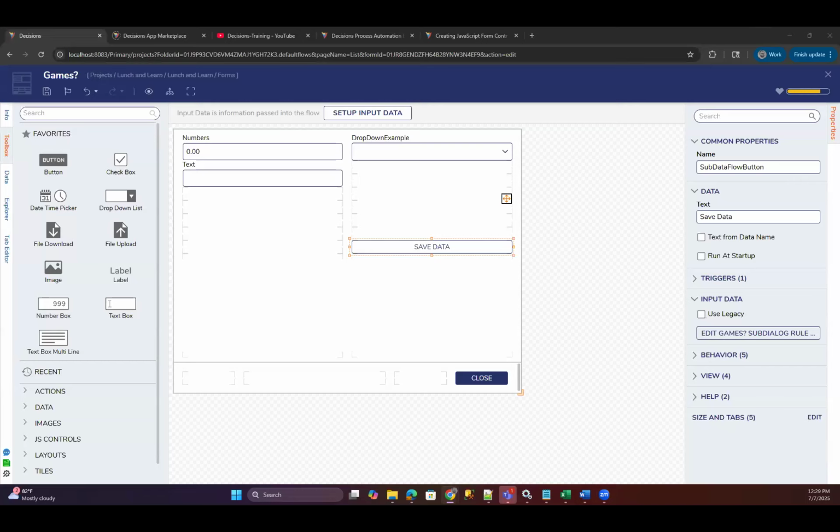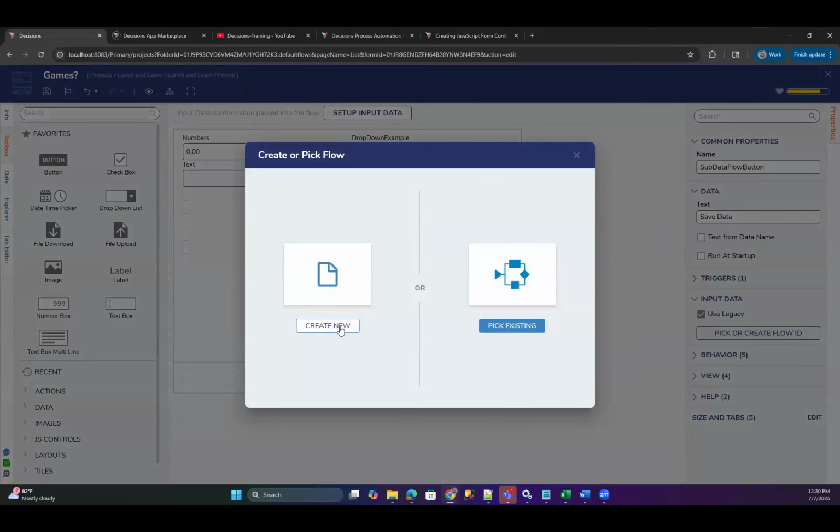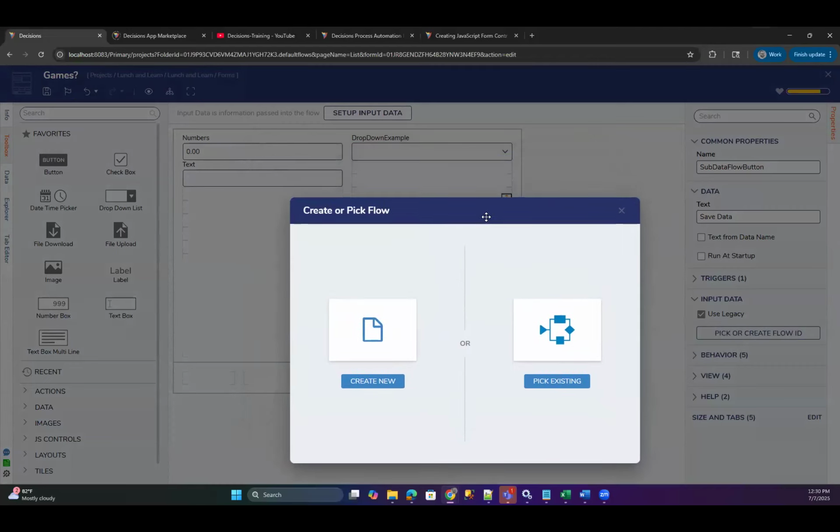So now the flow has input from the form, and the save happens and the save works just fine. After the save finishes, I wanted to clear the form, but I couldn't get to the clear button or the clear thing.